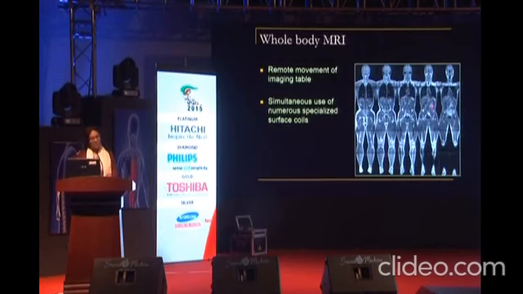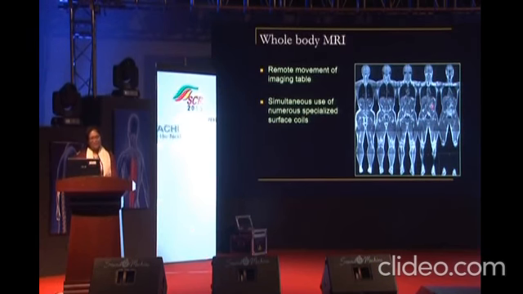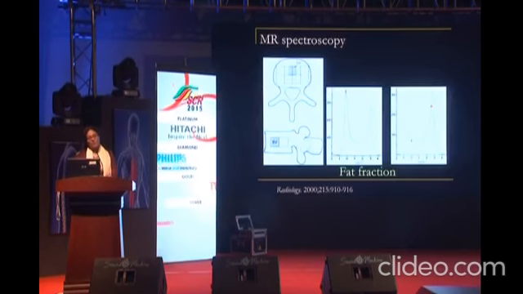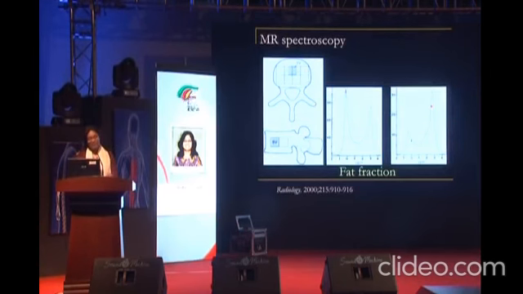Whole body MR was popular for some time, but again now with PET and all that, it's not something we do very often. And it is also difficult to look at the calvarium and ribs on a whole body MR. It may not be very reliable every time, but can be very helpful. There are articles on MR spectroscopy, again something that we have not tried in our setting, where they show fat and water. So with age you can see the fat peak is increasing and the water peak is reducing. So maybe in future this is what all of us may be doing, and just as Mr. Bapna mentioned, we don't know what all they'll come up with, and I'm sure it will make things much easier for us.